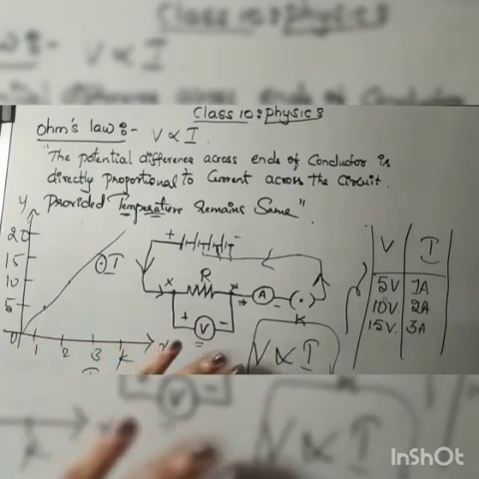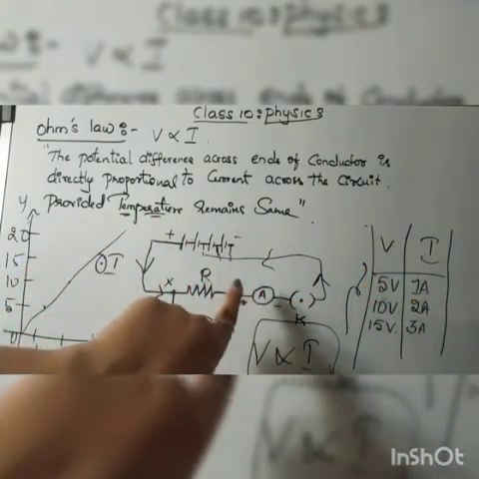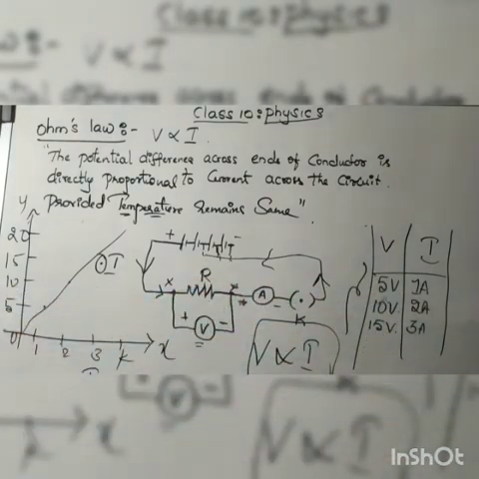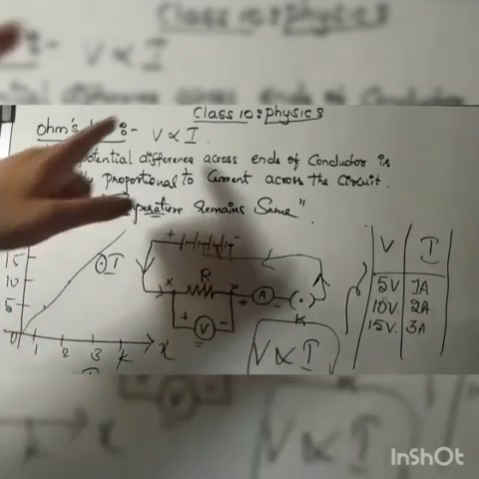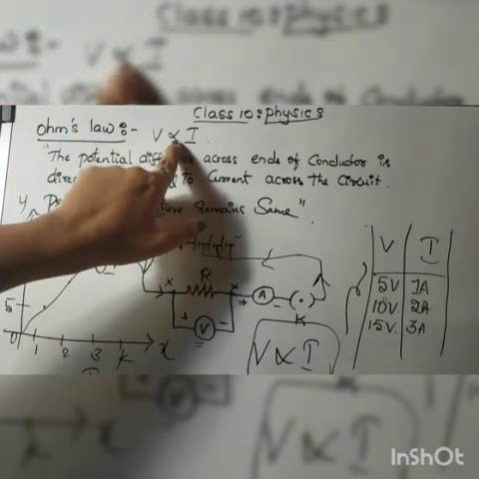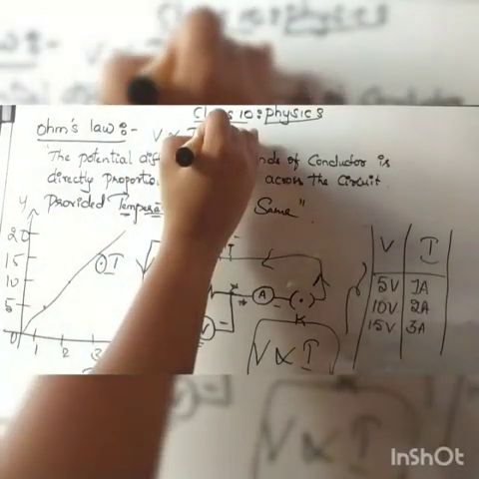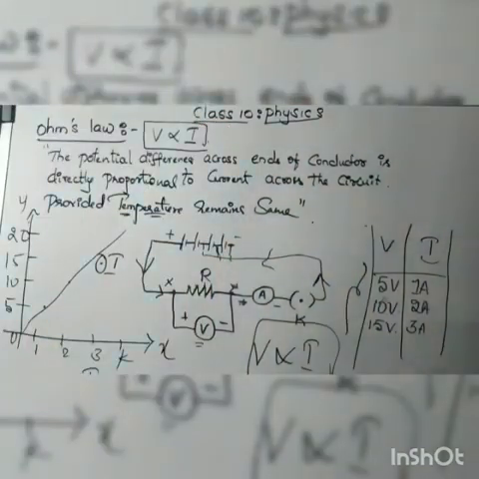Whenever you take the Ohm's law circuit and plot a tabular column from the experiment, you will get this graph. By this graph, we can conclude that the potential difference across the circuit is directly proportional to the current applied on it, when the temperature remains constant. Now based on this, we are going to derive another very important formula.